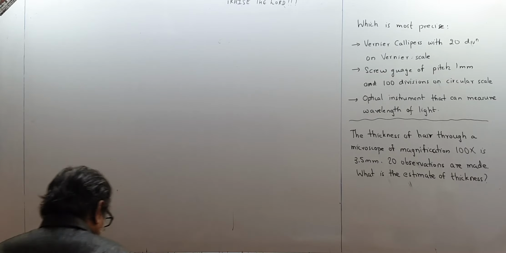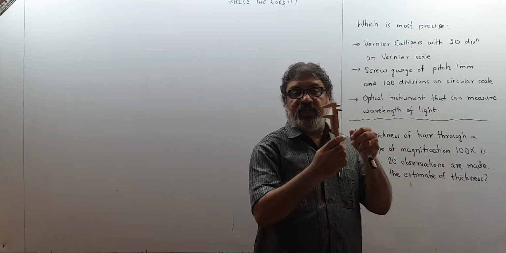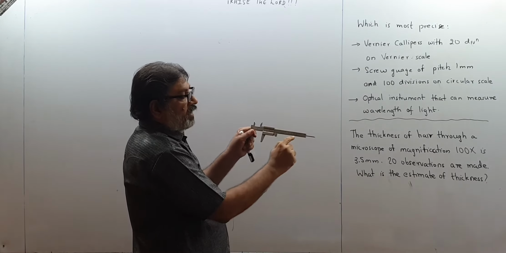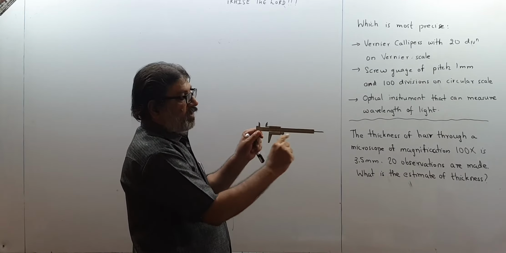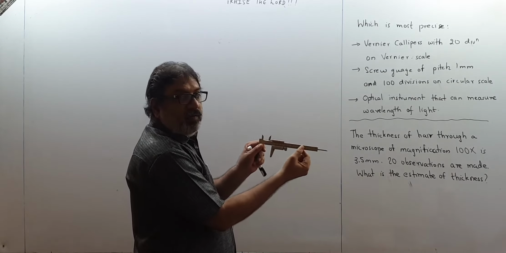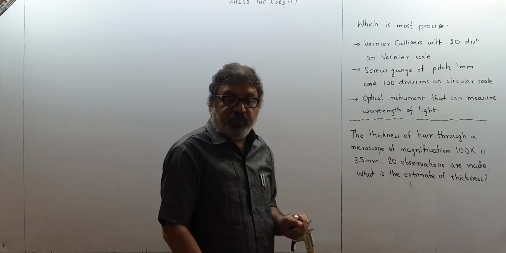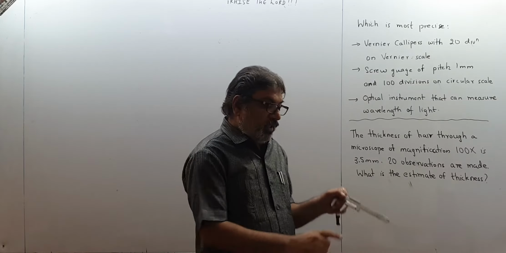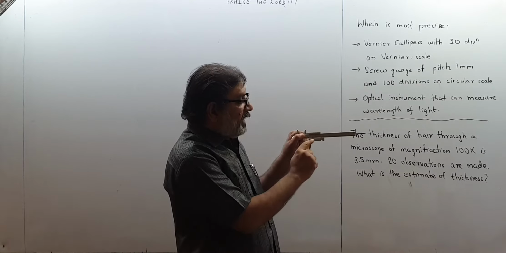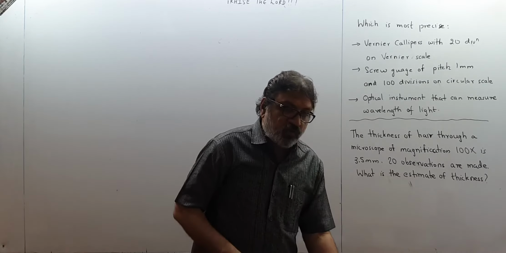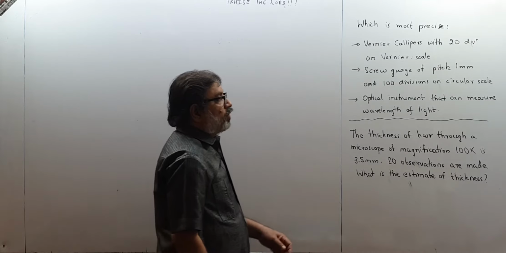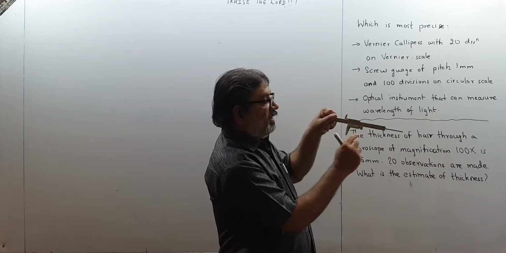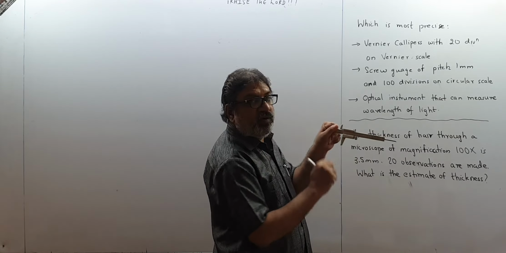So now children, when I was teaching the theory, I had shown you this vernier scale, vernier calipers, and this can slide over it. This is the main scale, and here there is the vernier scale on this slider. The main scale can read a minimum of 1 millimeter, just like the foot rule, the plastic scale in your compass box. So the least count of the main scale is 1 millimeter, and here there are divisions on the vernier scale. How do we get the least count of the vernier scale? It is told to me that the vernier calipers have 20 divisions on the vernier scale. Vernier scale means this sliding scale, which has 20 divisions.